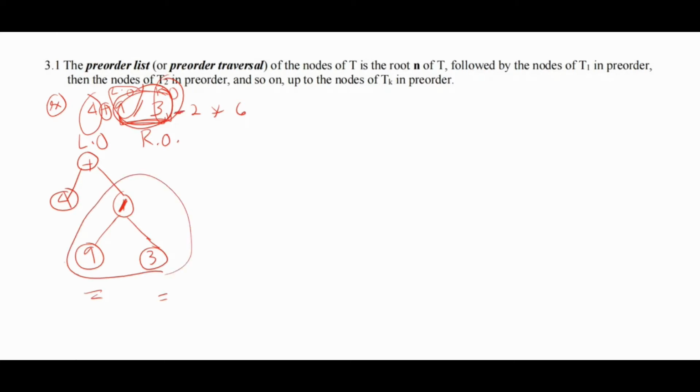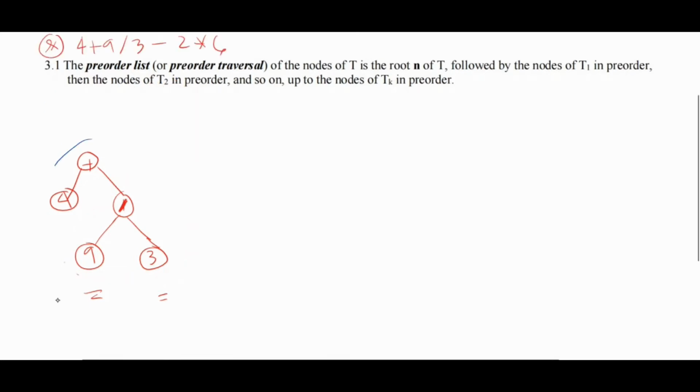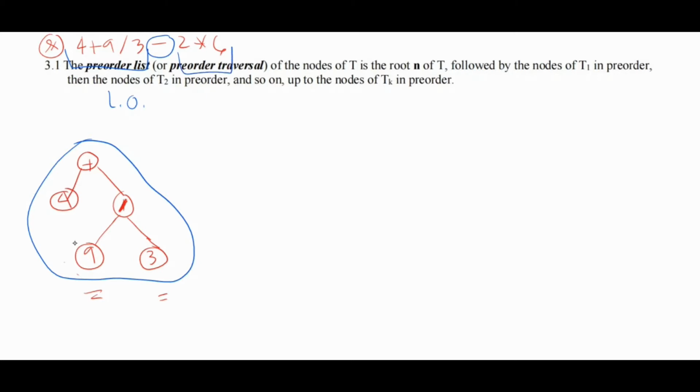And the right child is this sub-expression represented by this sub-tree. And next is minus this one. So for subtraction, which is the operator to be performed last, this sub-expression here is the left operand, and this sub-expression here, 2 times 6, is the right operand. So again, for the subtraction operator, the left operand is this whole sub-expression here, and the right operand is this expression here. This whole subtree is the tree representation for this sub-expression, which is the left operand of subtraction, and this sub-expression here is the right operand for the subtraction